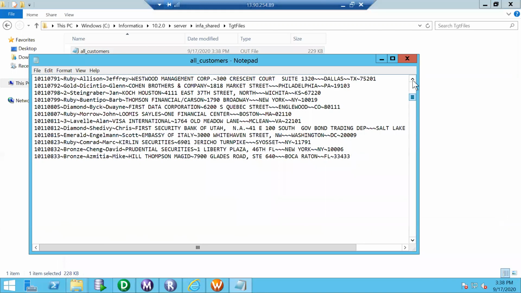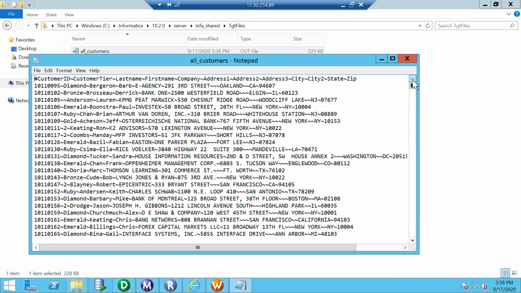So the reason why codes were used at the source level is that the source has a delimiter comma. So comma and comma, when Informatica is reading, Informatica will not understand whether a comma is a separator or part of data.